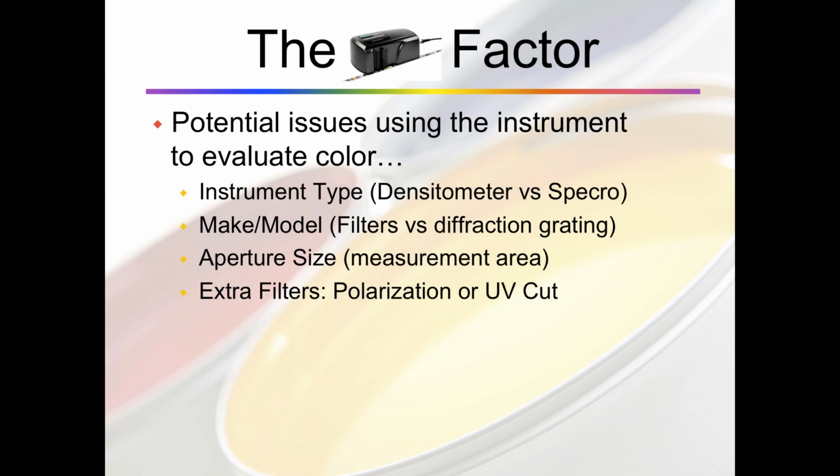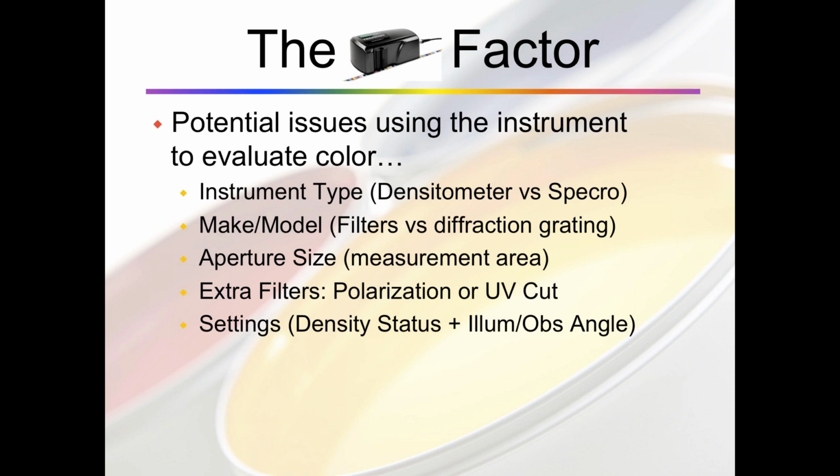Instruments today also have the capability of carrying extra filters or extra ways of changing the reflectance to meet certain needs, and the two most popular are polarization or UV cut. I don't want to go too far into the technical details of why you would use each of these right now, but it is important that if your instrument carries either one of these filters that you know that it's there, that you know if it's enabled or disabled, if it is switchable, or that you know that if you have an instrument that has a fixed filter like one of these, that it's not being compared to an instrument without. We must maintain a level playing field when using our instrumentation to make sure that we get consistent measurements that are safe to compare.